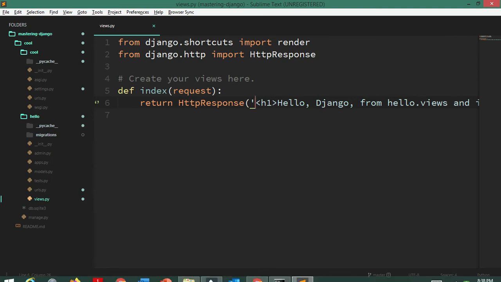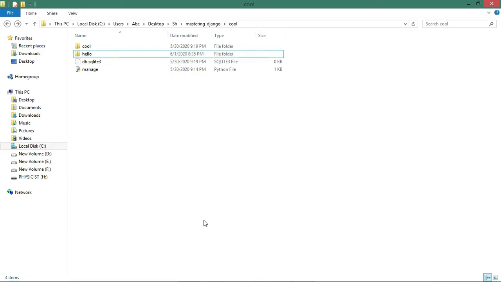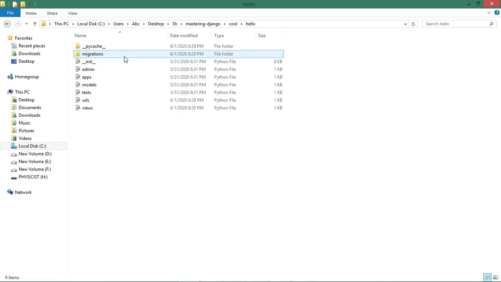Now, if I just come on to my Explorer, there are actually quite a few ways in which you can declare your templates. I'll tell you both the ways. It's your wish whichever you use, and we will be choosing the one which is mostly suited. So you have actually two options. First of all, we are here, and this is the cool file that we have, and right here we have everything inside our cool application. So we have our cool operating system, and then we have our app called hello, and then everything that manages, as well as the SQL database. You can create a template right in this place, or, as it is mostly done and which you should be doing, inside your hello.